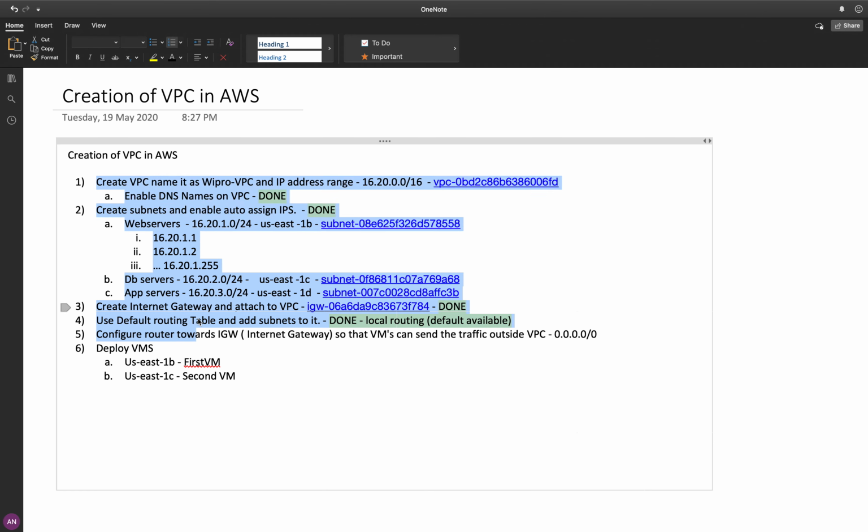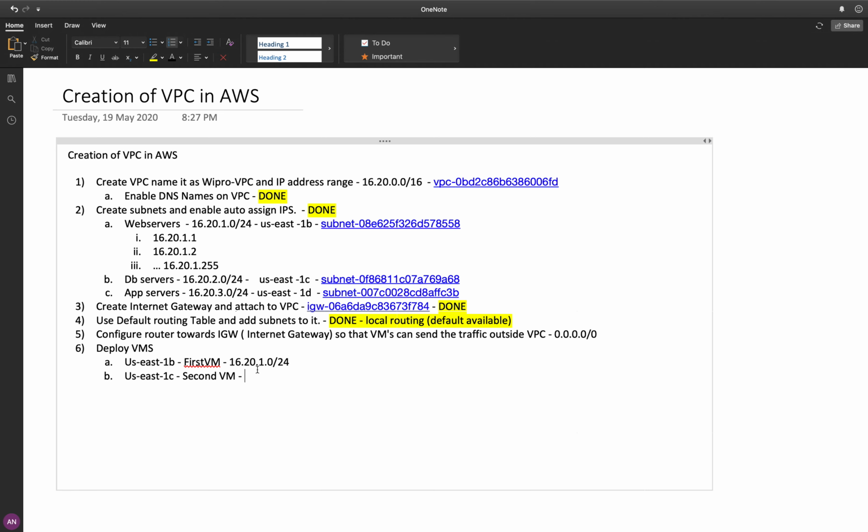Now the last step we are doing, we need to deploy our virtual machines in 1B and 1C. In 1B, the IP address will be in the range I gave only. If I create any virtual machine, the IP will be allocated in this range only. We will cross-check whether it is really allocated or not.